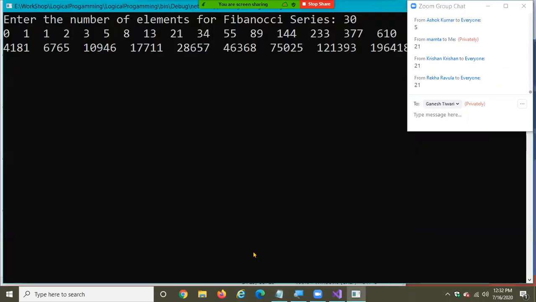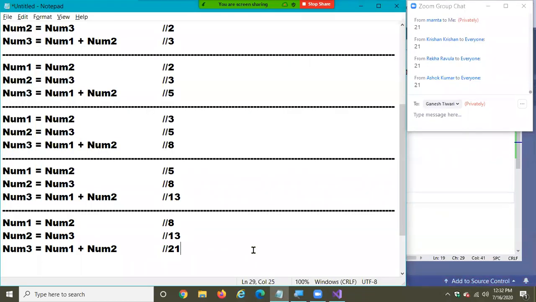Okay, that's how we are going to print the things now. This is about the Fibonacci series. Next, do you know the next thing I'm showing is? I hope everyone is clear. The next thing we'll see now.